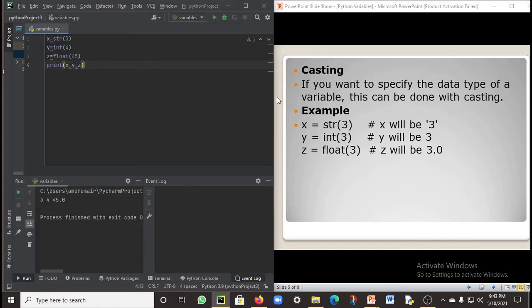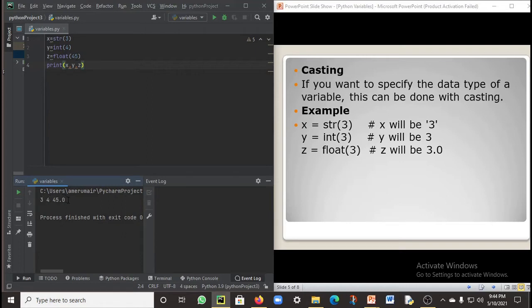But to save time, I have written x comma y comma z instead of writing print x, print y and print z, making it lengthier and boring. And I have got the output, which is 3. So x is equal to str 3. 3 will be the string and 4 is an integer, and float 45.